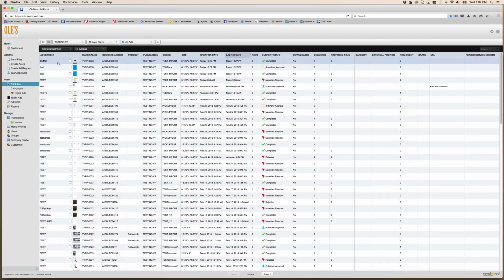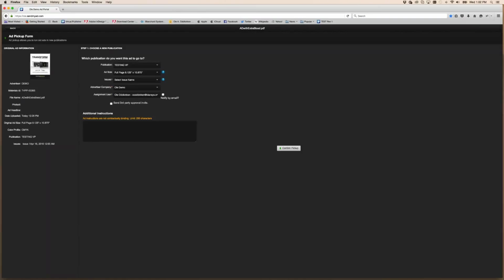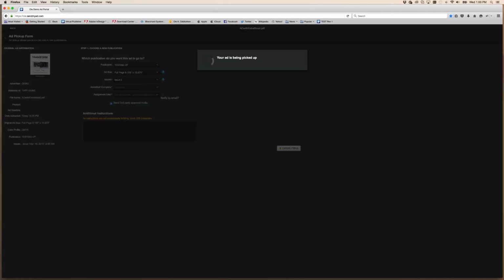So I'm going to take a look at one of my ads here. So I'm going to choose this one here. So this ad here is already approved and such, so I can go ahead and pick this ad up at this point. All right, so I'm going to go ahead and go to pickup. And then as you see in our ad pickup form here, there's a checkbox here for a third-party approval invite. So if I check that checkbox and I pick my issue I want to pick up to, and I go ahead and confirm this pickup,